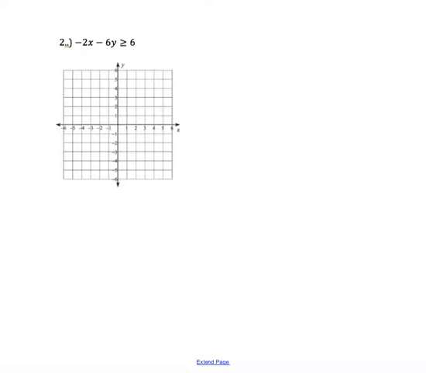All right, example number 2. And our inequality says -2x minus 6y is greater than or equal to -6. So again, step 1 says to graph points on the coordinate plane as usual. What I noticed about this inequality is that both variables are on one side together, and so I am going to use the intercept method to quickly graph this line. So I'm going to find both my x and y intercepts. To find the